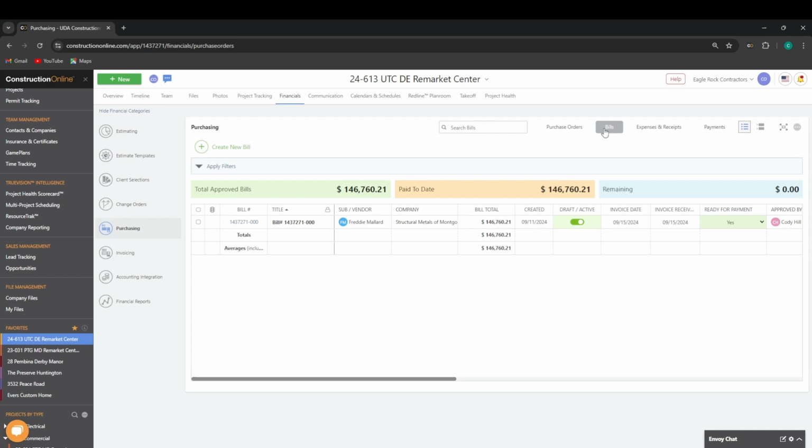Now, in Construction Online, we can generate a bill for a few different things, one of those being an approved purchase order, or we can generate a bill from an expense or receipt, or we can generate a bill from scratch. Now, to do that, all we have to do is create a new bill, and those options will be presented to us here. Now, I'm going to choose from a purchase order,